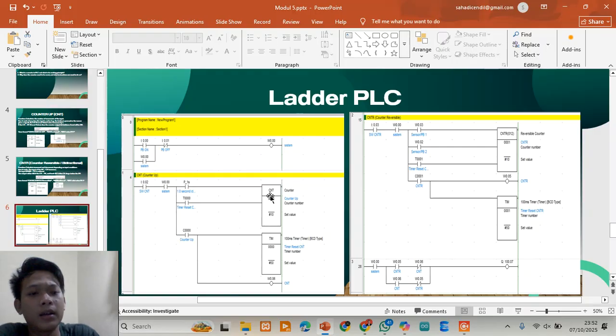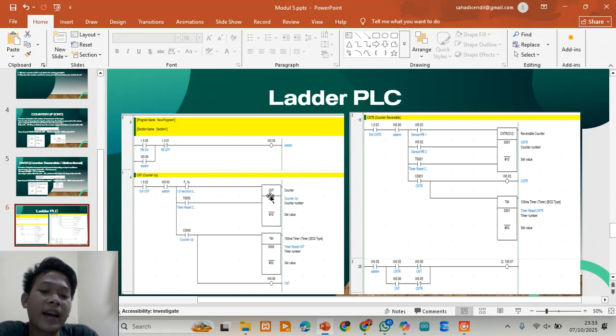For the demonstration of the practical: first, count up several times, then two lamps or solenoids turn on. And when counting down several times, the output turns off as the count drops.